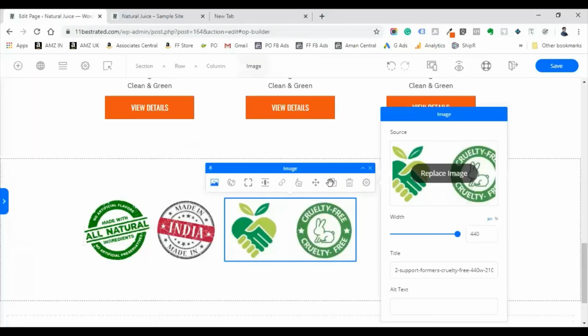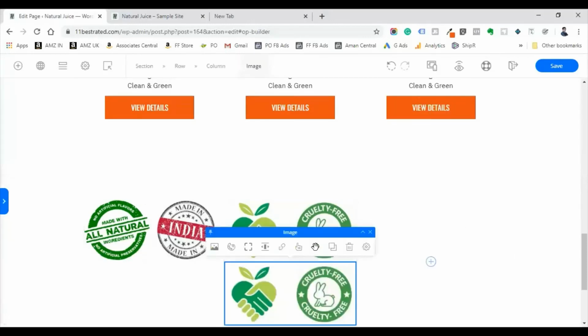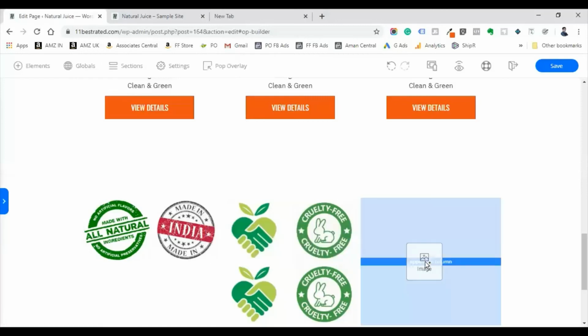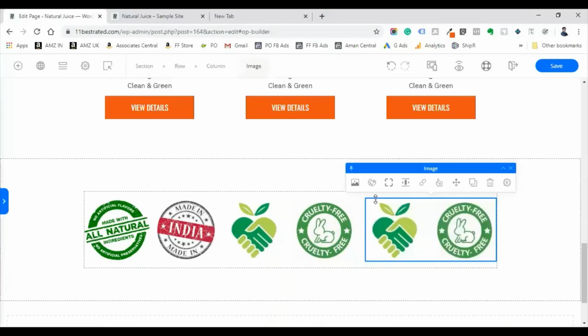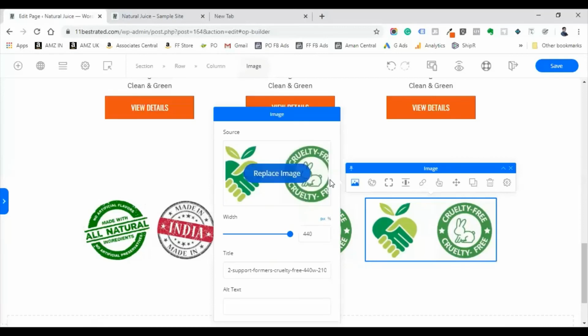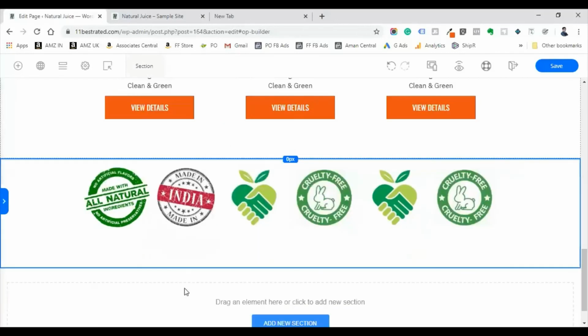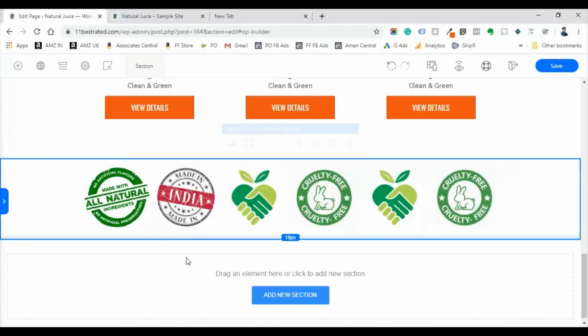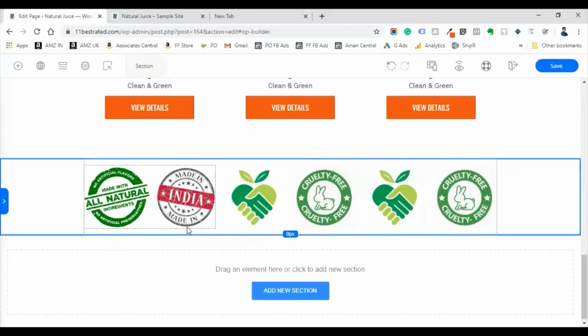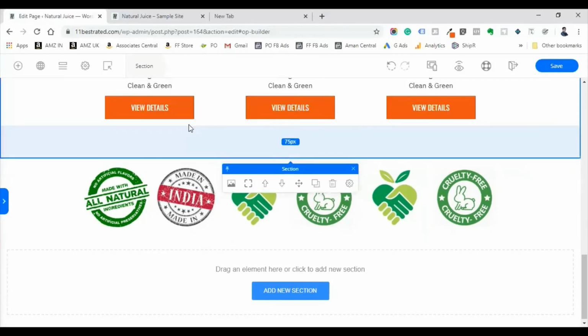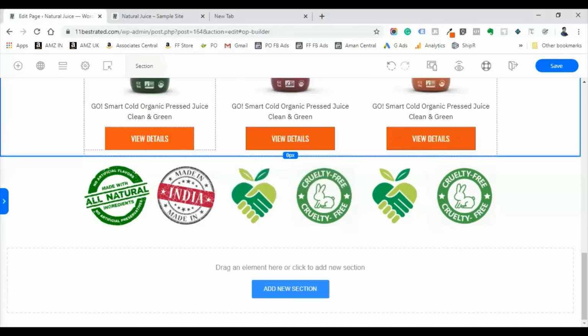Now you have it here, again duplicate it, drag this and put it in your next column, and you replace that image as well. Now this section is done. You can adjust the size by dragging up and down the space between upside and downside. Here also you have more space. You can also reduce that. Just pull it up. Now everything will come closer and look nicer.